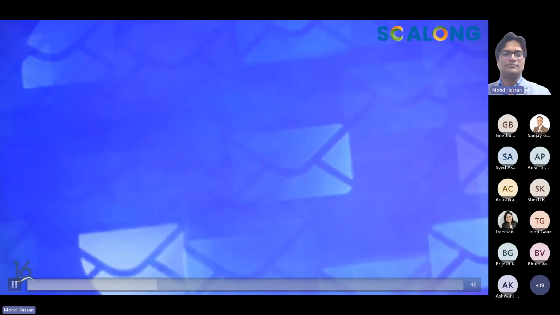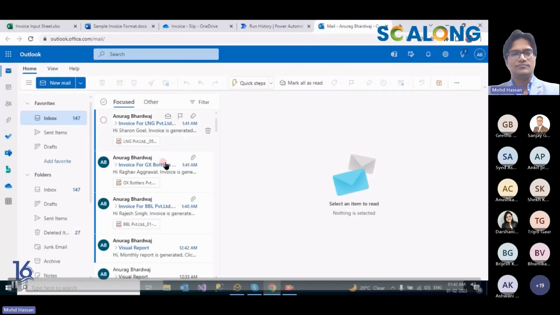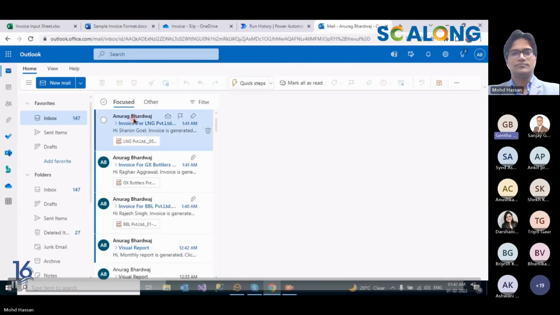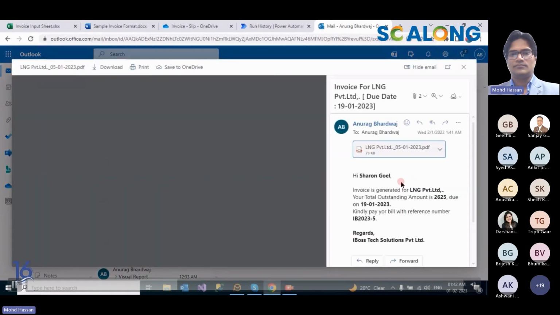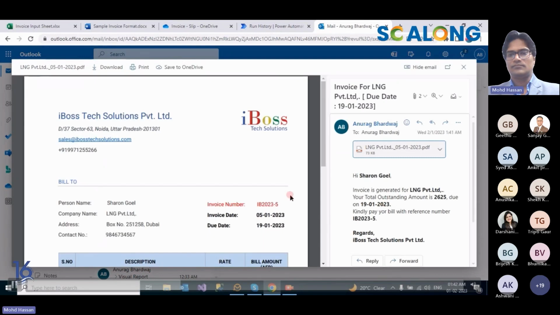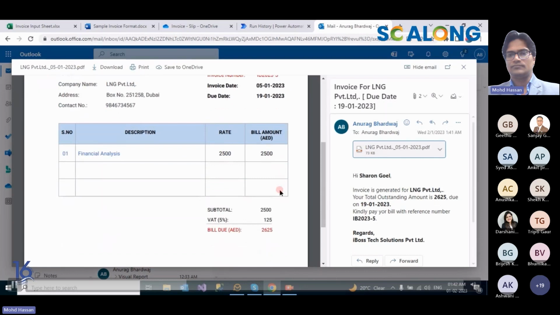And this is how emails fly to the customer's inboxes along with the reminder of the due date and outstanding amount in the mail body as well. See how it doesn't only create customized invoices, but also eliminates the errors while drafting manual invoices. Here you see, the invoice has been shared with the respective customer in a PDF format.